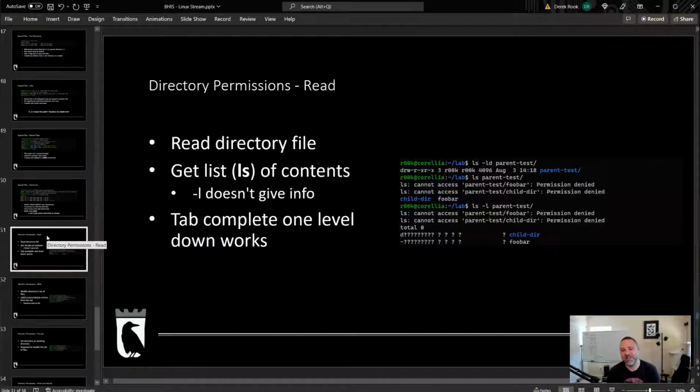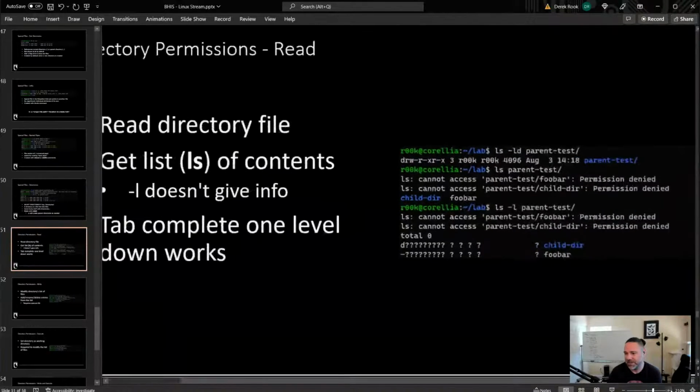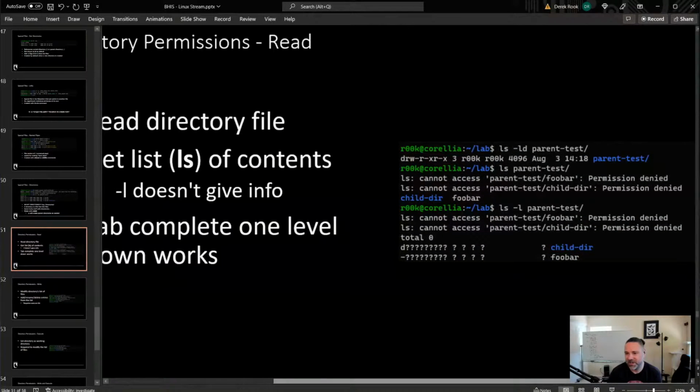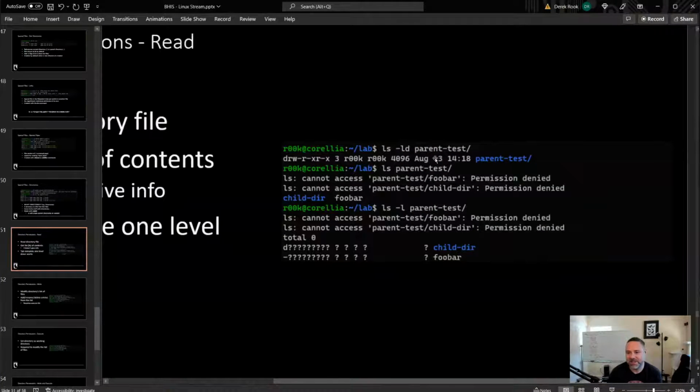It means that you can read the directory file itself. You can get a list of files in the directory, but you can't get any more information about it. You can actually see this in the screenshot here. We see that we don't have the execute bit set in the permissions for this directory.